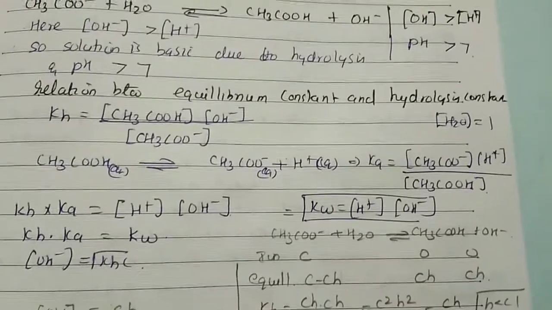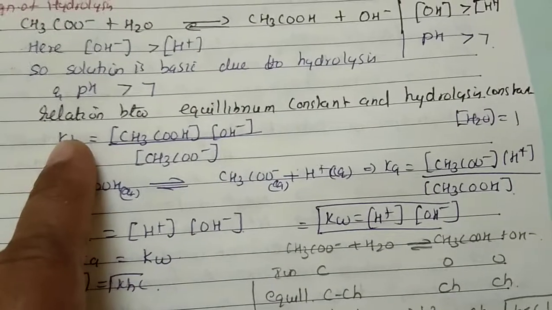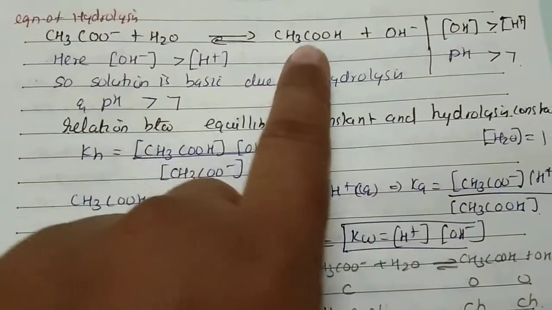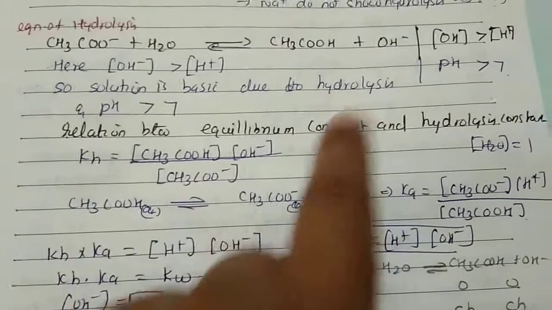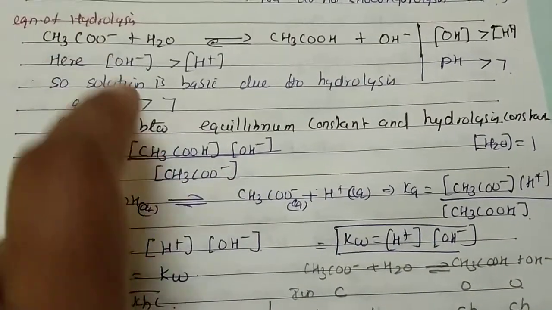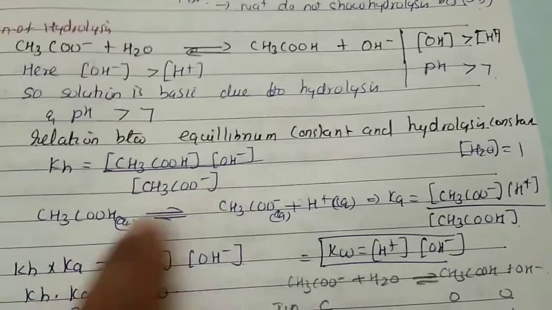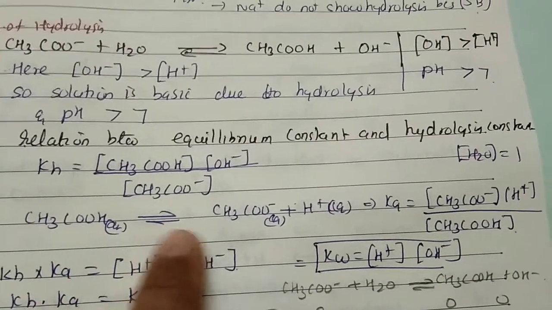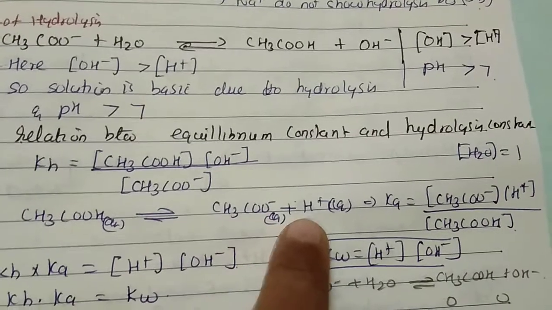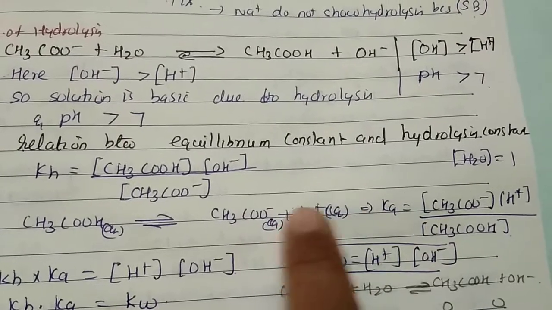Then, the relation between the equilibrium constant and the hydrolysis constant. You have to write the hydrolysis constant for this equation: KH equals concentration of CH3COOH times OH minus, divided by concentration of CH3COO minus. The H2O value will be 1. Then for this equation, CH3COOH giving CH3COO minus plus H plus, the acid constant Ka equals CH3COO minus times H plus divided by